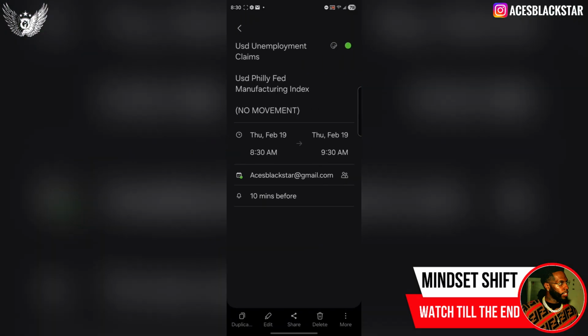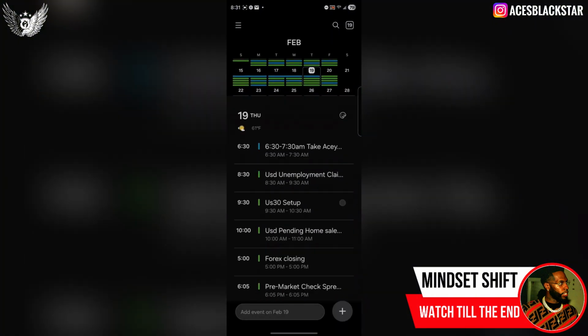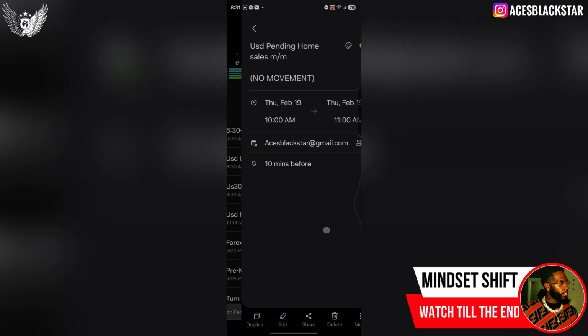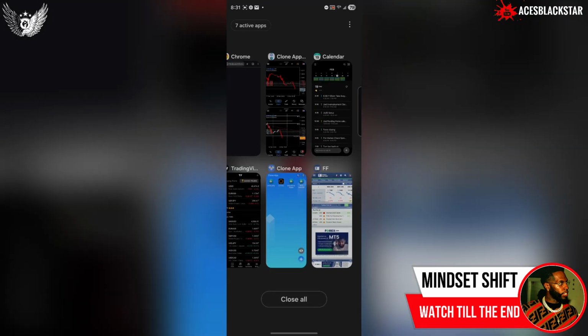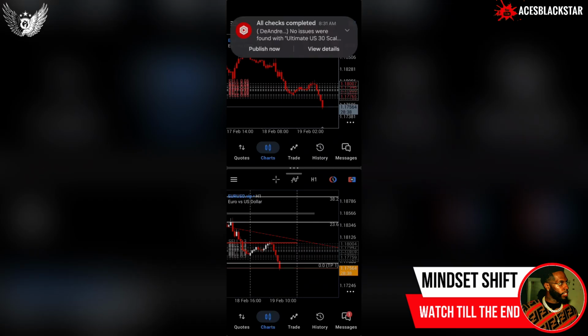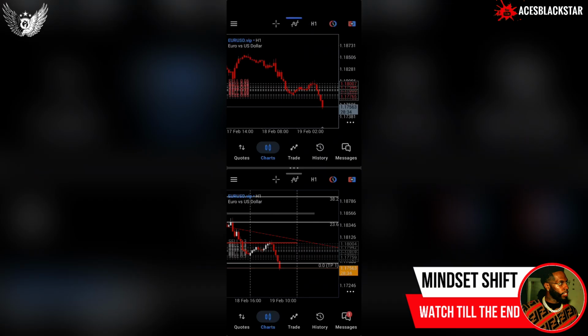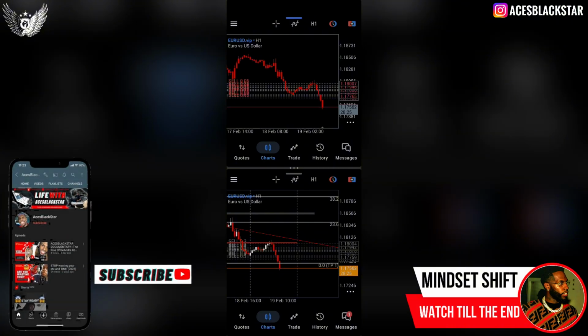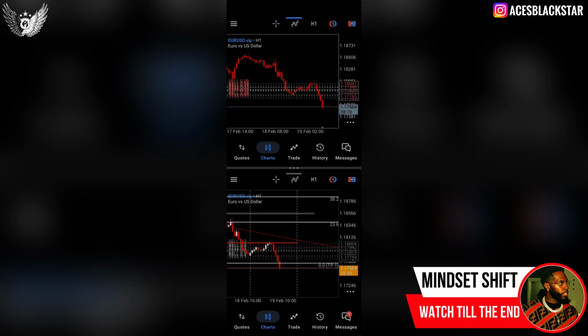Now, I've said this before, no movement is really just what happened last time. You can't 100% guarantee that that's the exact same thing that's going to happen this time. However, you can get an estimate of what the movement looks like. So if it actually moves 10 pips, 20 pips, 30 pips, I'll put that in there. If it just spikes and comes back, I'll put that in there. I'm very detailed when it comes to news events because that's how you keep track of what's going on. So once you do that, every time a news event comes up, you will know if you should be closing before news or not based on the previous movement.